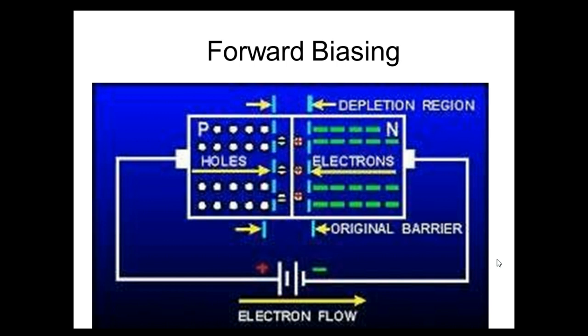So if the external applied voltage is less than the barrier potential, the electrons won't be able to cross the depletion region. But if the external applied voltage is greater than the barrier potential, then the electrons will be able to cross the depletion region. That is, the depletion region will almost get removed or become insignificant. At this time the electrons will be able to move from the n side and reach the p side.